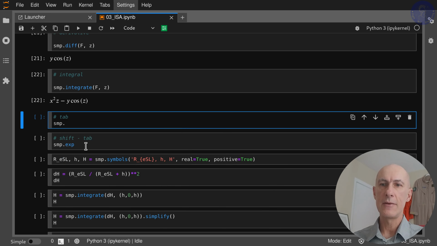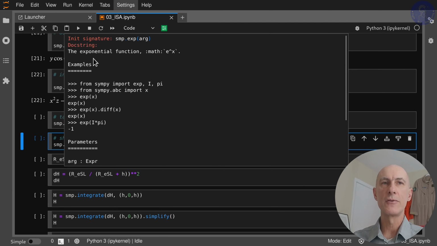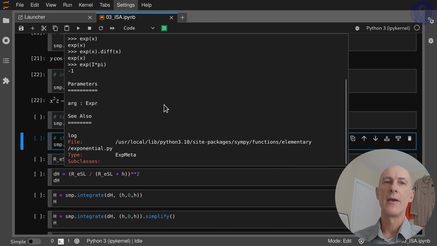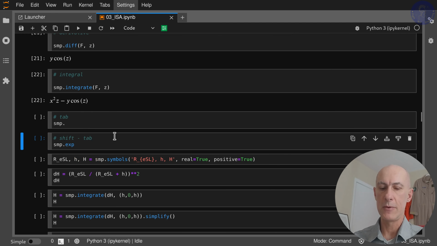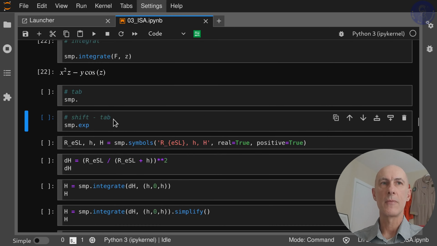The other thing that is important is that after you find a function that you want, you can read the docstring by pressing Shift Tab. So for the exponential here, if we press Shift Tab, it's going to bring up the docstring explaining what the exponential function is, how you call it, what some examples are, what the parameters are, and so forth. So you can do this with any function. Okay, let me zoom back in. All right,